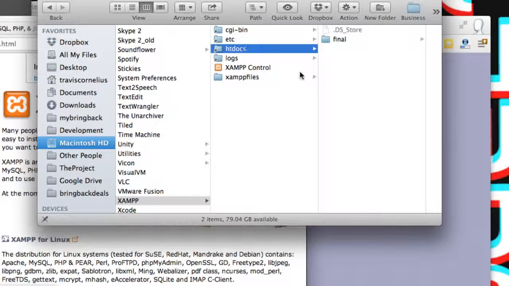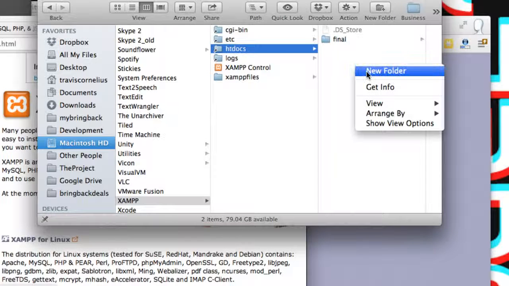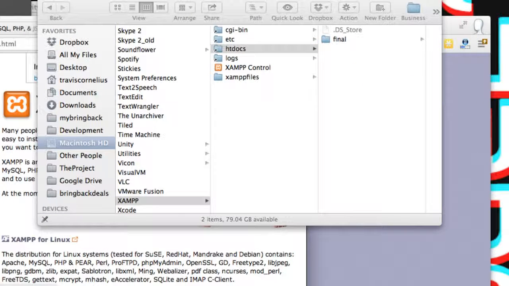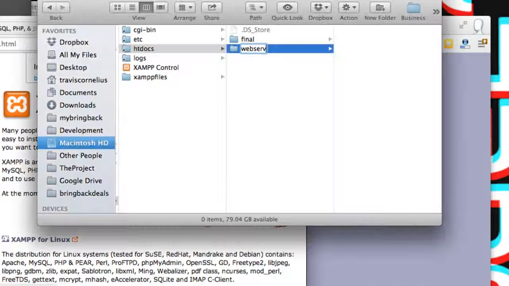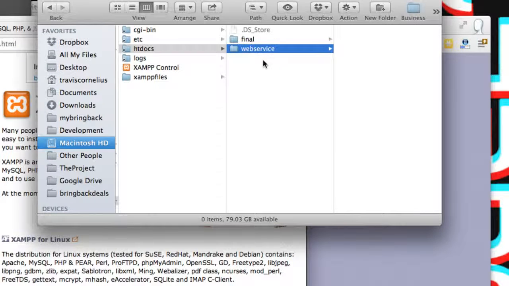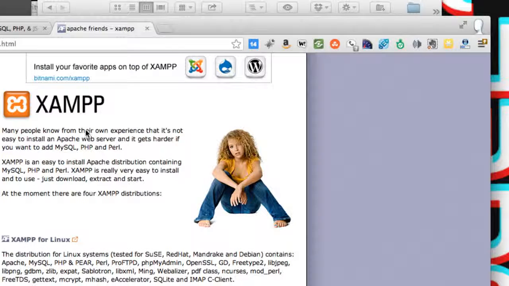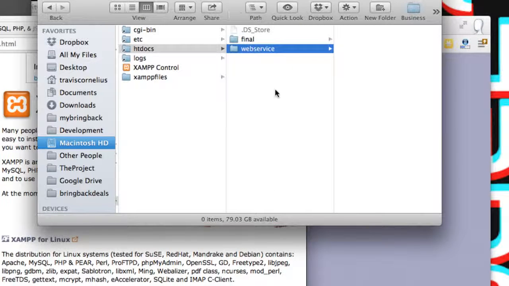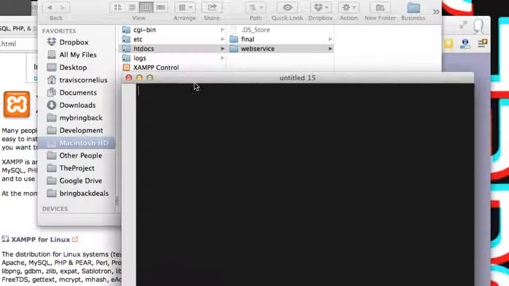So let's open our htdocs folder, and we're going to create a new folder called web service, and this is where we're going to hold all of our PHP scripts for our application. So the first thing that we're going to do is create 2 new PHP files within this web service folder, so we can test it out within our browser, whether you're using Chrome or whatever. We'll be able to test out this location and the PHP files that we're holding within our web service